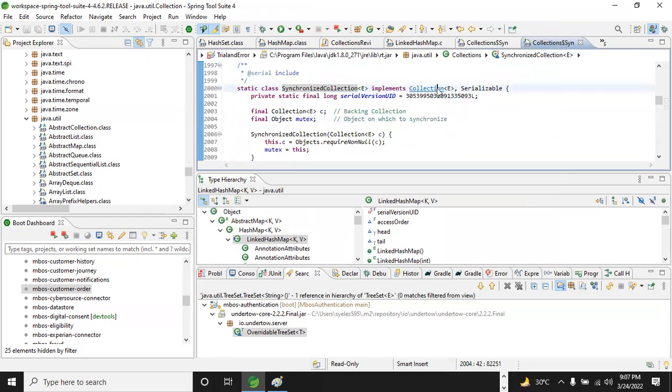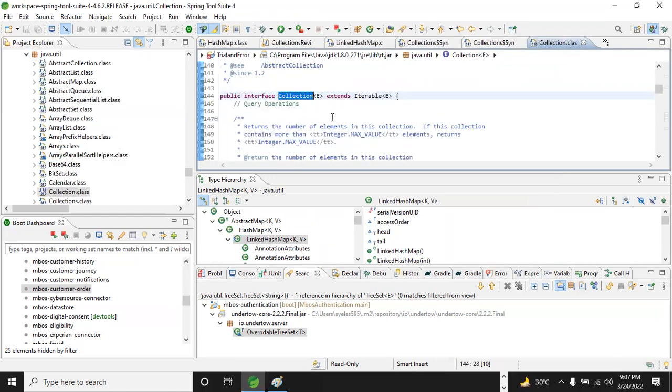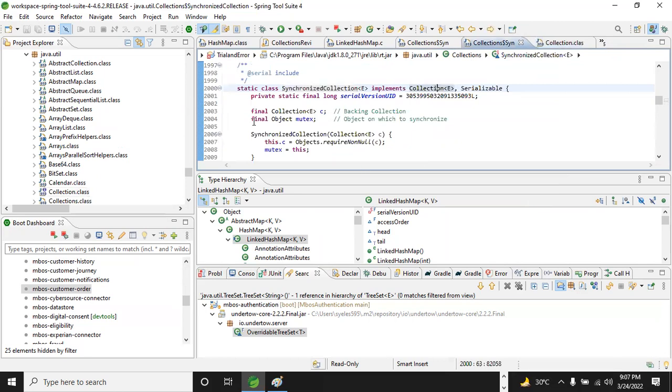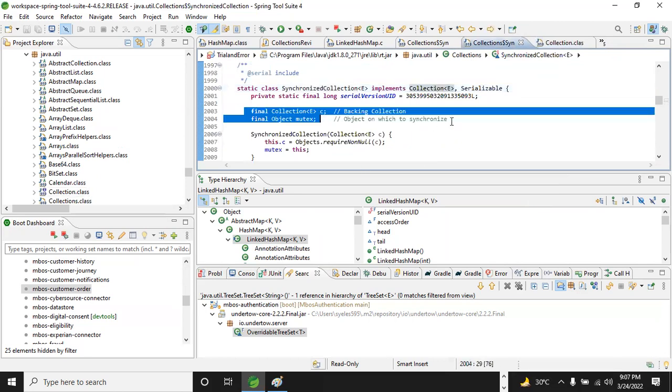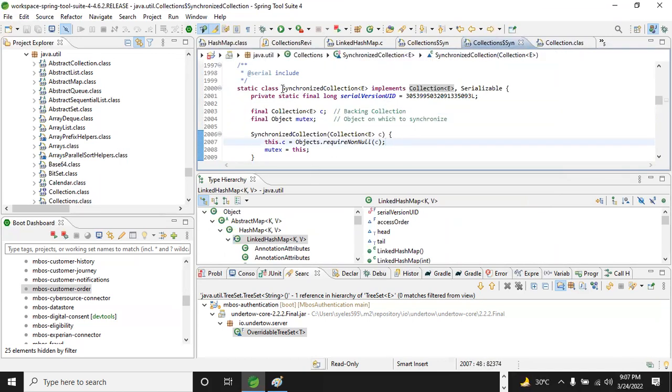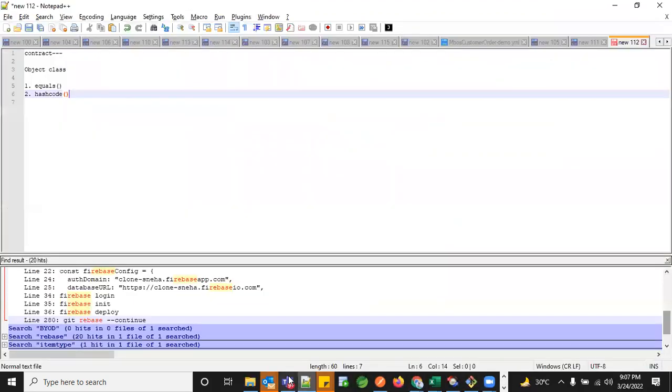So which is actually implementing your actual interface of collection, but internally this will support all your multi-threaded options, whatever we may basically look for to avoid the deadlock situations. Everything would be taken care of because this particular class is an inner class. So we never learned the term inner class so far in our concept.